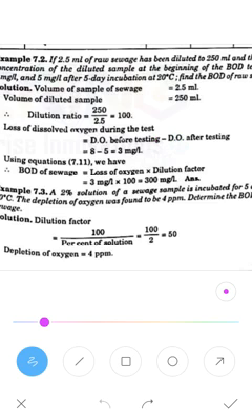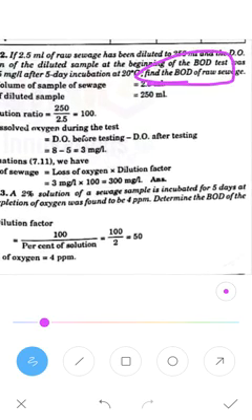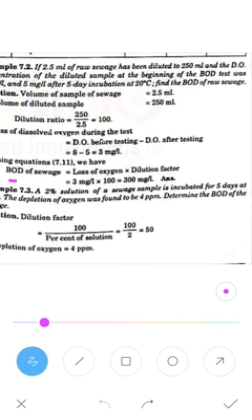Now, the BOD of the sewage. What we want to determine is the BOD of the sewage, so we have the formula: BOD of the sewage is the loss of oxygen times the dilution factor. This is the formula used to determine the BOD of any sewage water. The loss of the oxygen we just determined is 3 mg per liter, so you can put that value as 3 mg per liter.